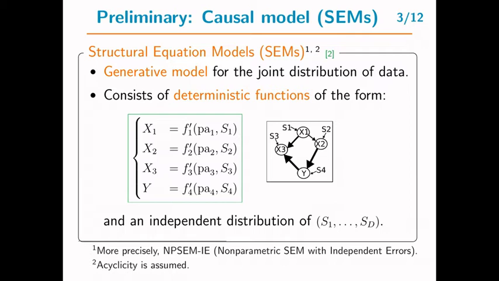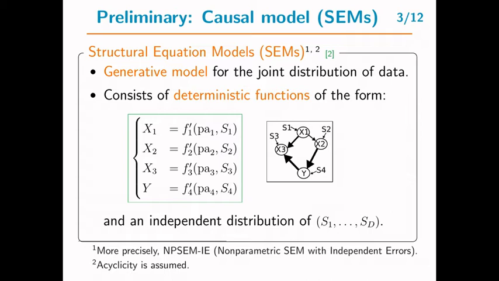In this work, we consider so-called structure equation models. It's a model of the data generating process where the joint distribution of the data is expressed by a set of deterministic functions called structure equations, and the distribution of independent latent factors. And in this model, each variable in your data, say x2, is assumed to be determined by its corresponding function, which takes the values of some of the variables called the parents of x2, and also hidden factors corresponding to each variable. So this is the form of the causal model that we assume to exist behind the data distributions.